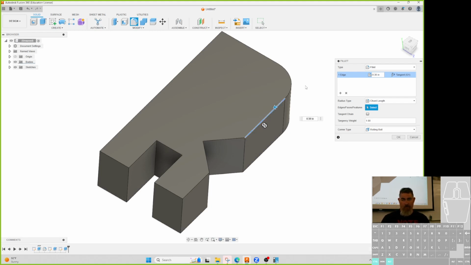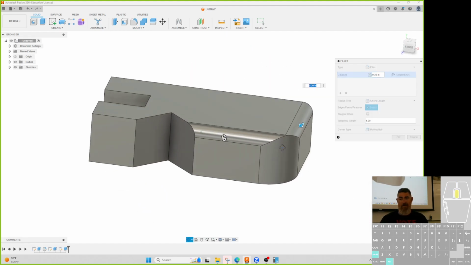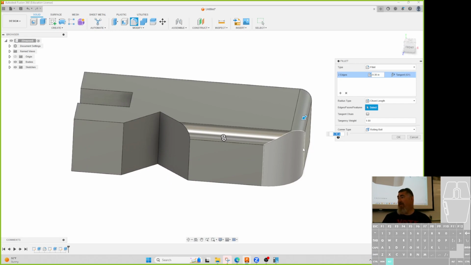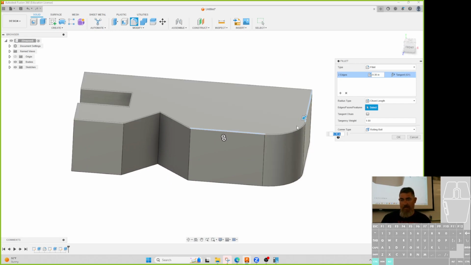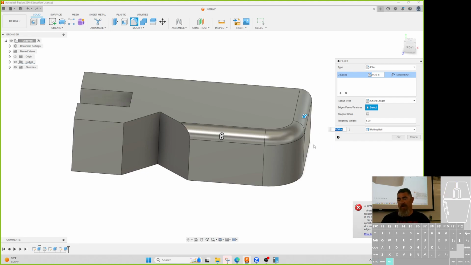I can always hold Control and pick other ones. Oh, that one's not going to work because it can't do the curve ending in a straight line. But I could do the two edges without the curve. Some stuff it won't let you do because it won't know how to end that over here. It wants to end smoothly. So if you do that, it can go, but it's not going to want to end just at a point. Could I make it do that? Sure. So if I pick here and I do,